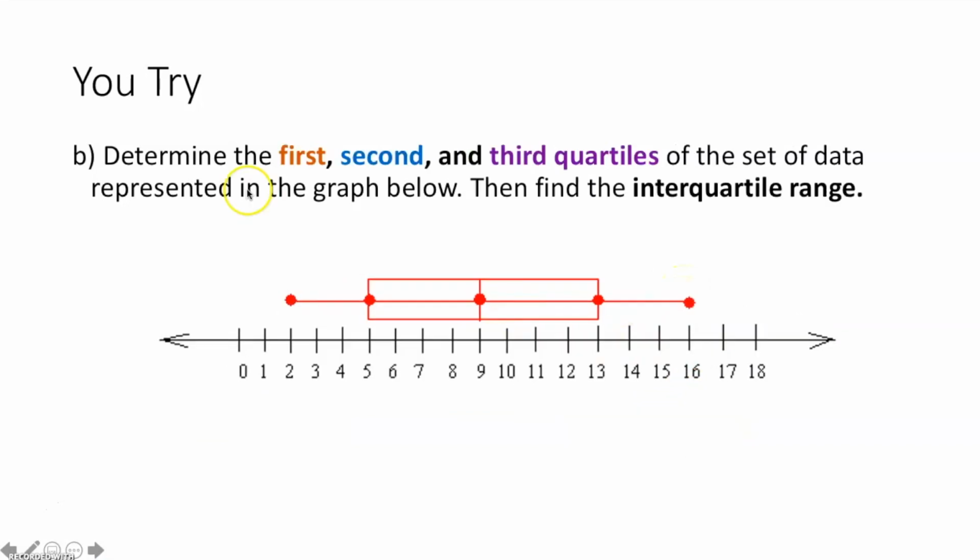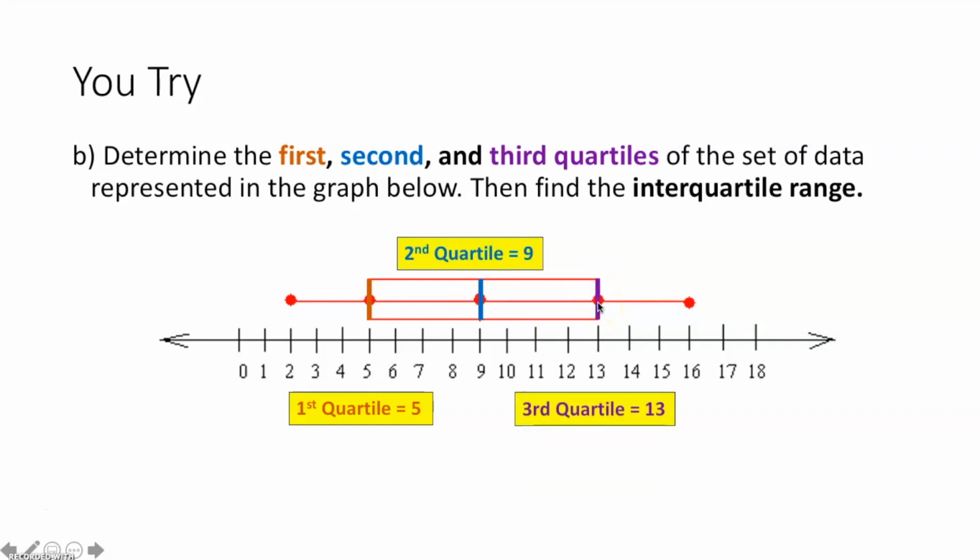That's your maximum. Now part B, your first quartile is going to be the left part of this box right here, which is going to be 5. Your second quartile, aka your median, is going to be the line in the middle of your box. So that's going to be this 9 right here. The third quartile is going to be your right line or your right part of the box, which is going